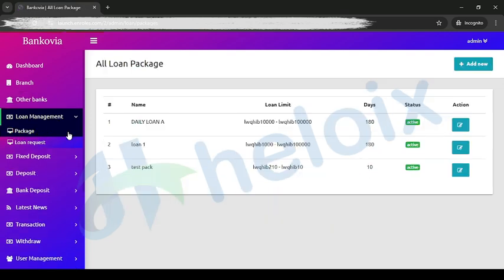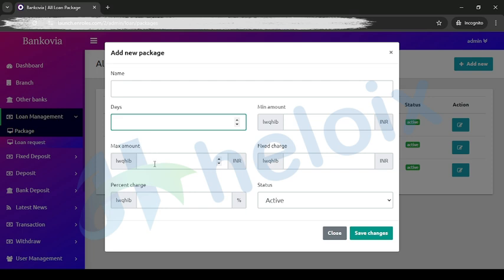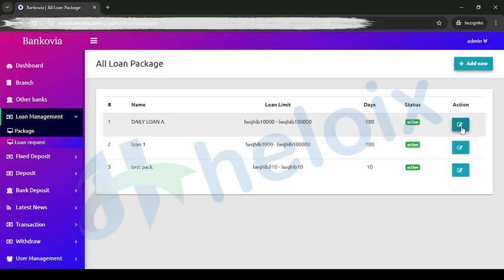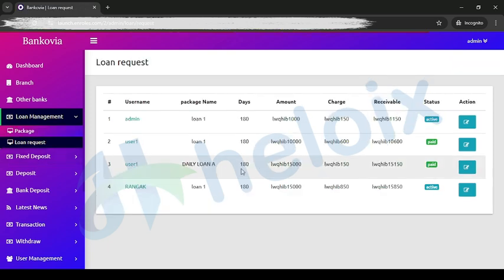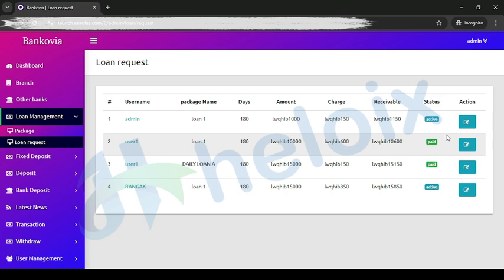This is loans. Here you can manage your loans, like the minimum amount, fixed amount, maximum amount, and how much the rate will be. You can add it or manage it. If any user requests a loan, then that loan will come here. Then you can activate or deactivate it. You just need to go in and you can manage that. So this is loans, which you can manage.